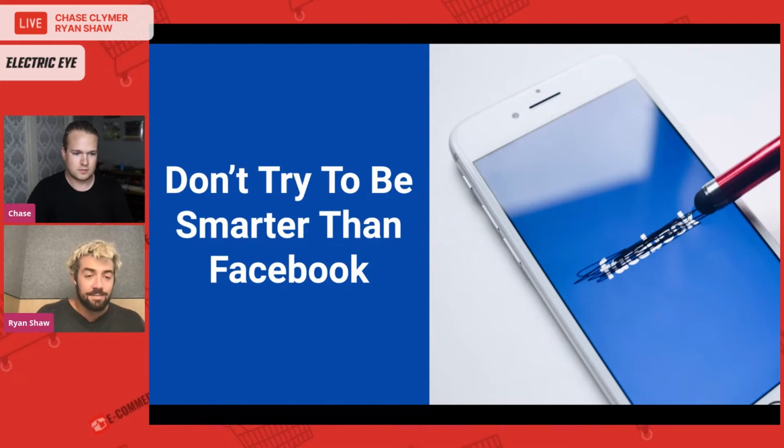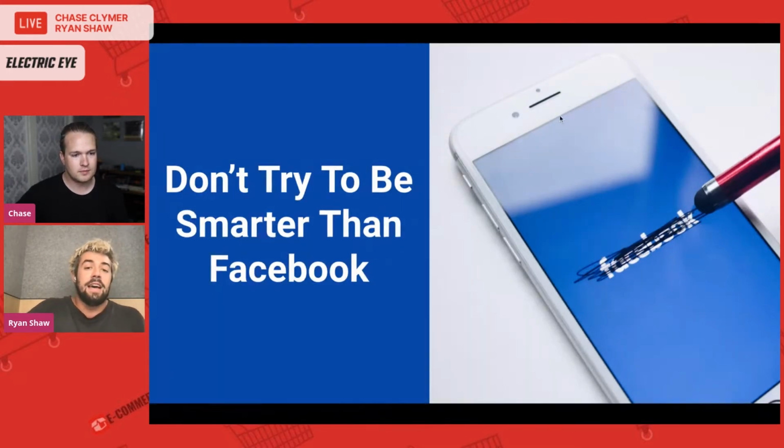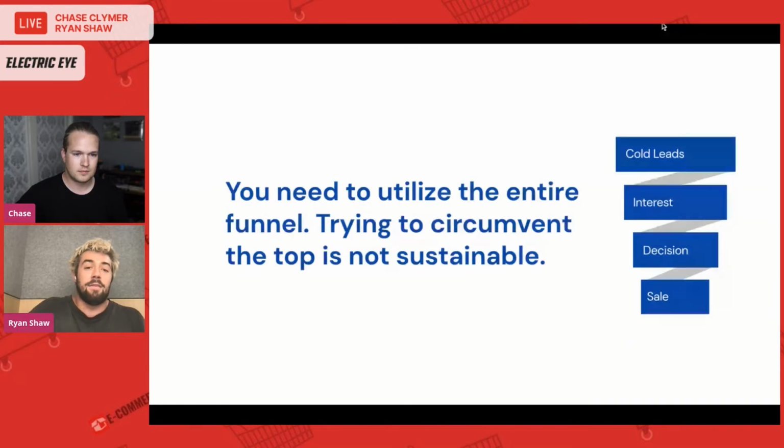And that leads me right into the next point, which is don't try to be smarter than Facebook. I know this seems like maybe a silly statement, and we hopped in when Becca was still speaking before, and hit on briefly the terrors of all of these big tech companies having more data about us than we would like. You just kind of have to wave that off, but they have a lot of information. There's a lot of things that work effectively, and you cannot try to outsmart what Facebook can do for you. And that means that you have to utilize the entire funnel.